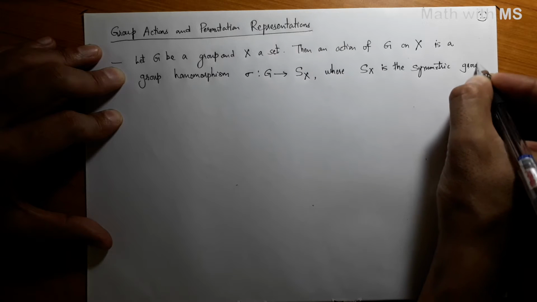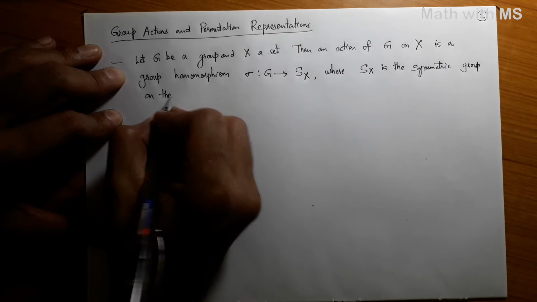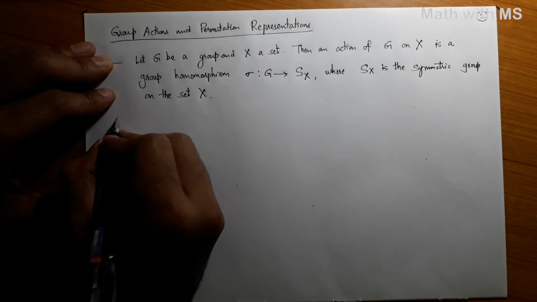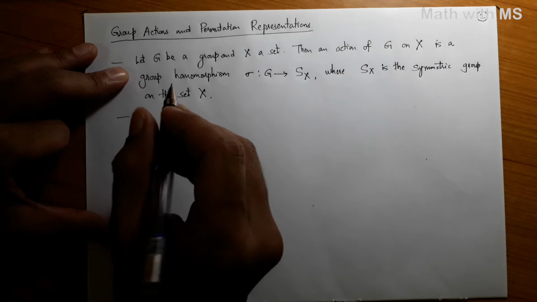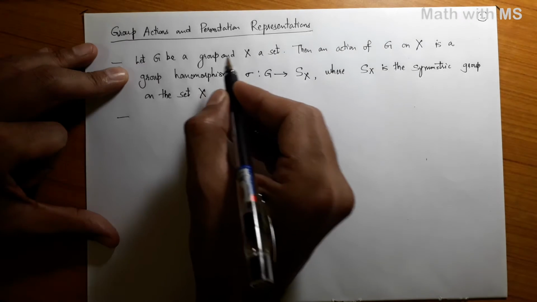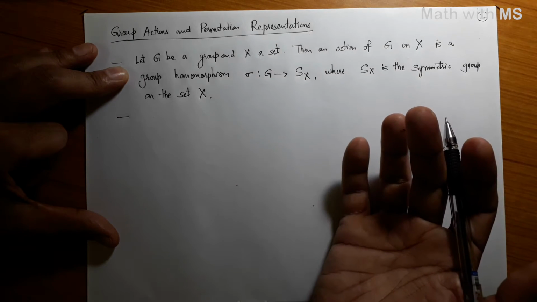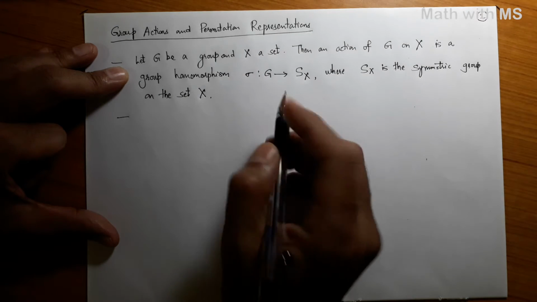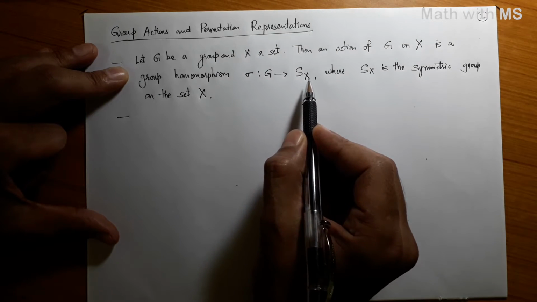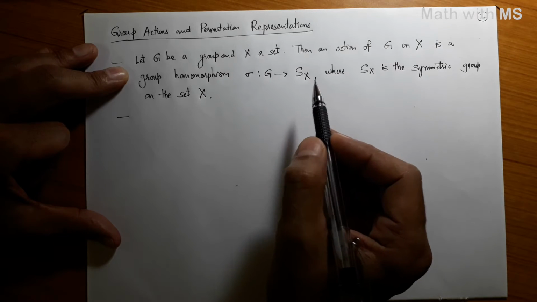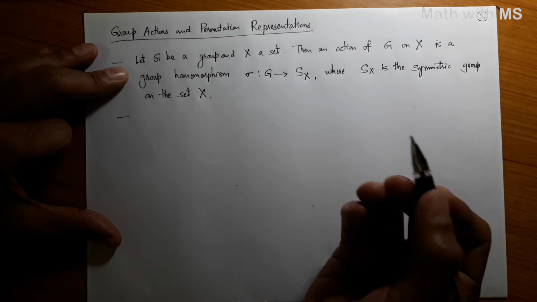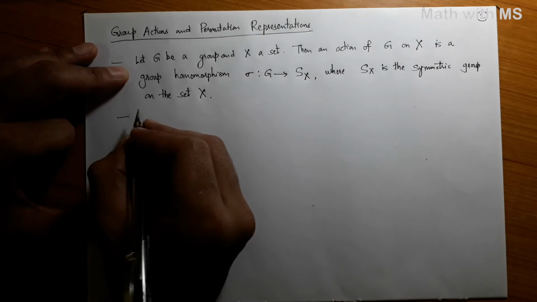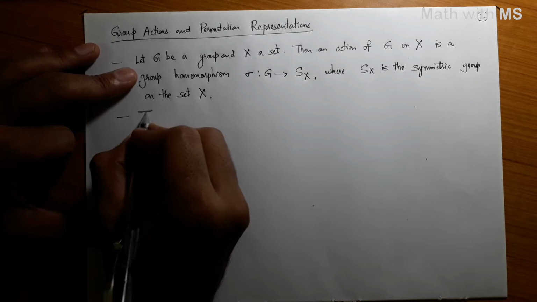Symmetric group on the set X, the set of all bijections of the set X, right? Now, what we are going to see is how a given action of a group on a set gives rise to representations. Those representations will be called permutation representations since they arise from the permutation group of a set X on which your group acts. So before proceeding further, let us discuss some ideas about group actions which we have not talked about so far. So what is a transitive action?